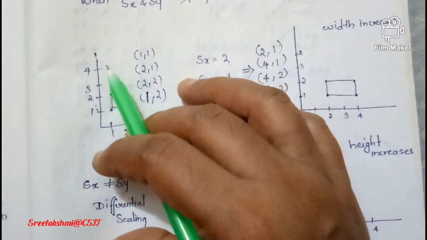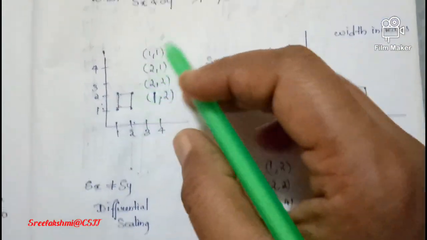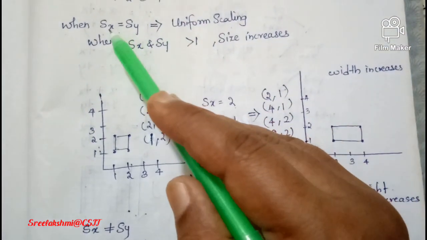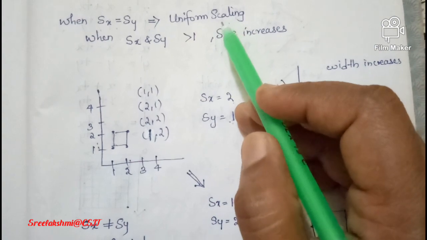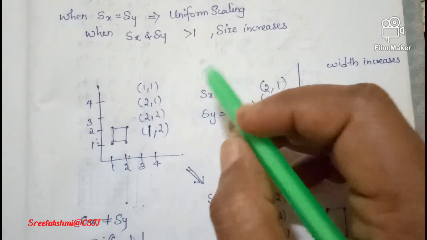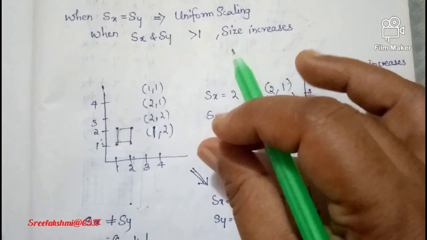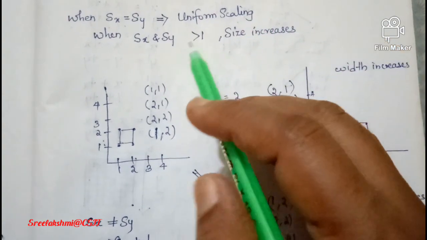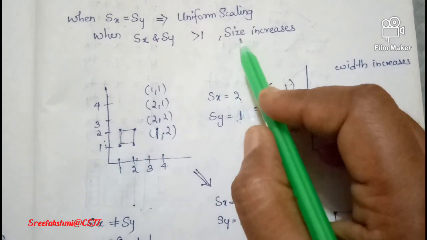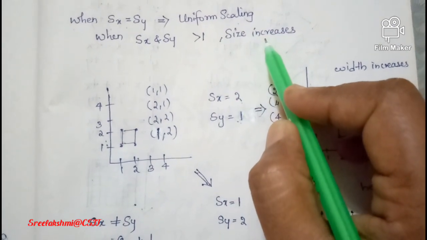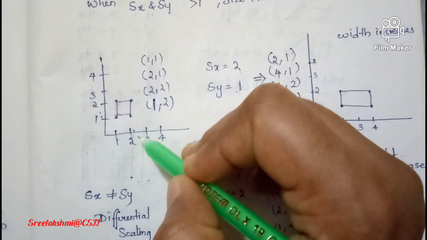Let us take another example. In the previous example, we have learned that when both the parameters are equal, it will have uniform scaling. That means in the horizontal direction as well as in the vertical direction, we will have equal increase in size. And when both these parameters are greater than 1, the size of the object will definitely increase. So let us take another example